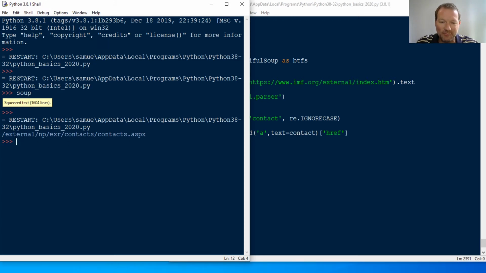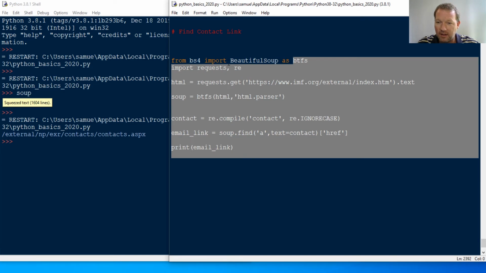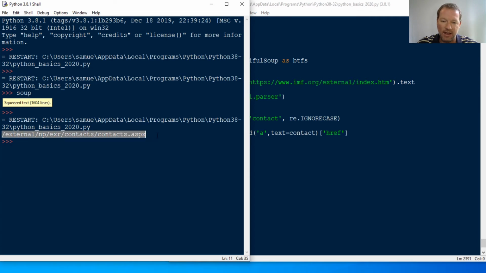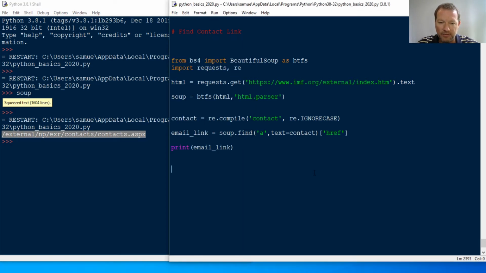Now I want you to look at this, and we know how to handle this. So now we can get fancy later, but right now we just have a program that will go and grab these things, and we'll get slowly more sophisticated, because right now we're still kind of cheating. We know that this is going to not have the imf.org. So let's comment that out, and then let's redo this HTML,